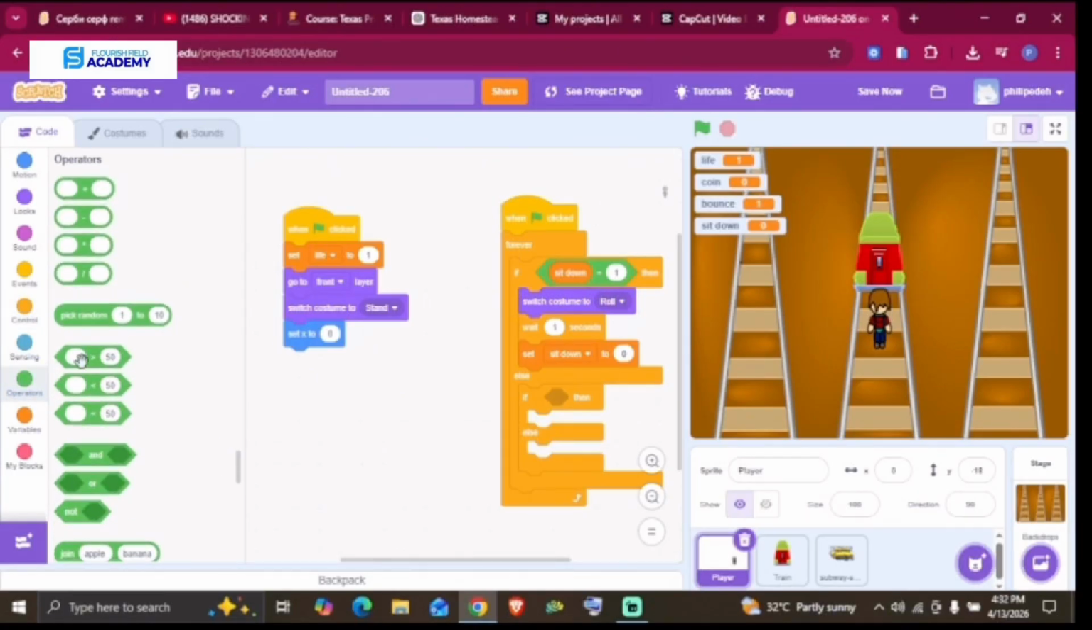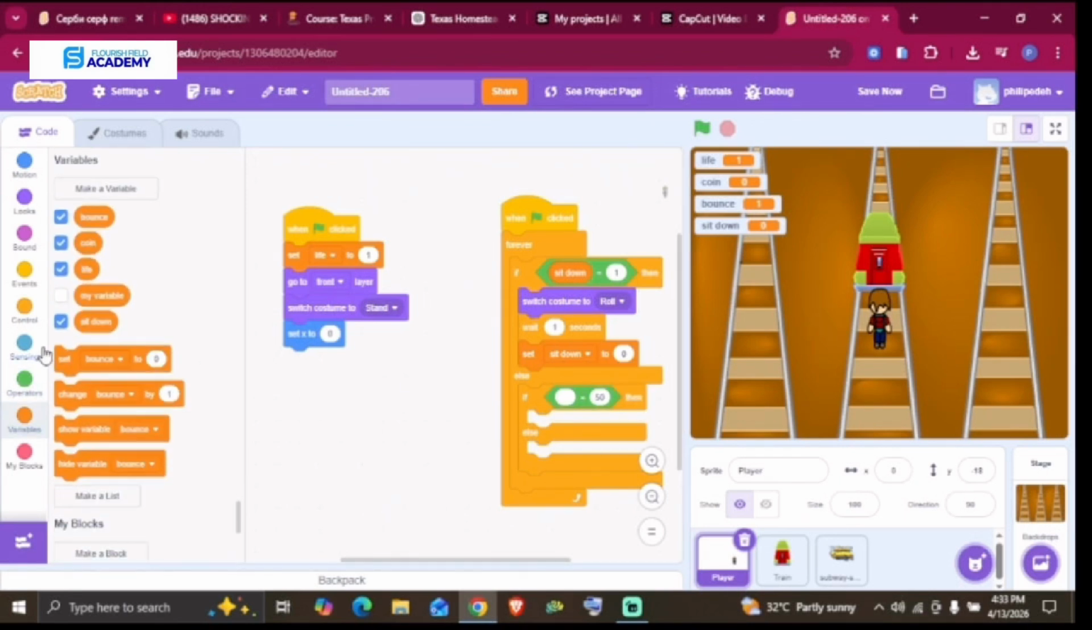Now, I'll go right back to the operator and look for the equal to operator, because I want to check if the variable bounce is equal to 1, just like I did for sit down. Okay, drag it in, and I say if bounce is equal to 1. Now, if bounce is equal to 1,